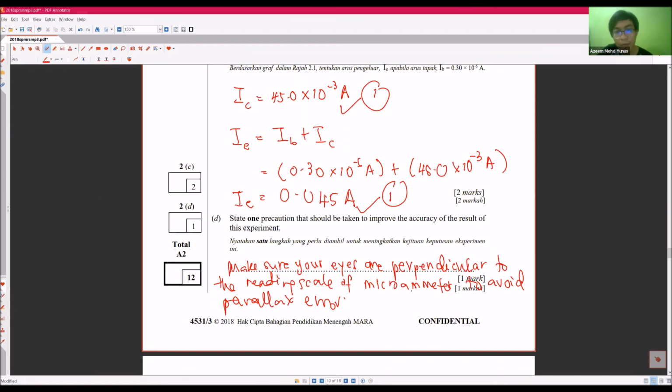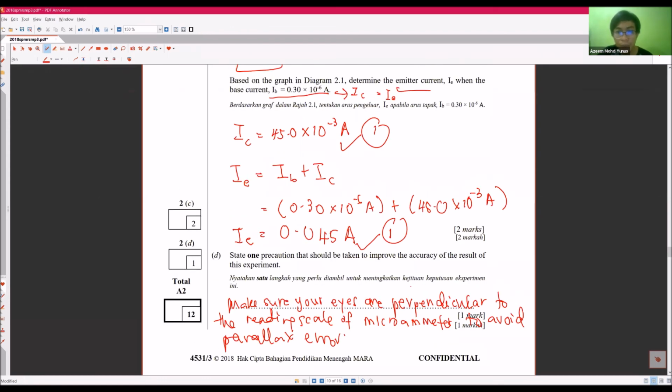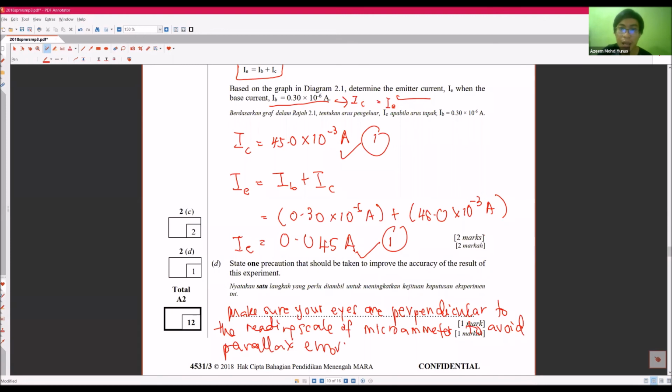So that's all for today. Hopefully you realize how important it is to pay attention to details, especially in physics. You need to know how to use the calculator. You need to know the multiplier, and you need to know the measuring instrument that uses that specific multiplier, as well as extrapolation, interpolation, the relationship, and how to determine the unit from the gradient. In this case, the unit is unitless because the ampere is cancelled out. So hopefully you understand all of that and gain confidence in answering Paper 3, and hopefully see you